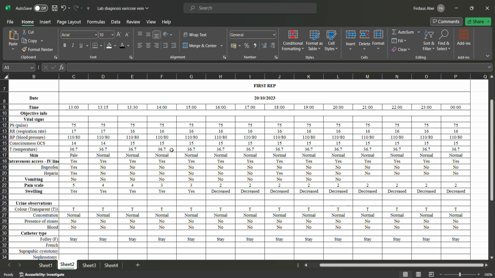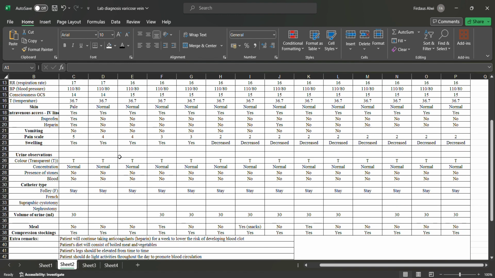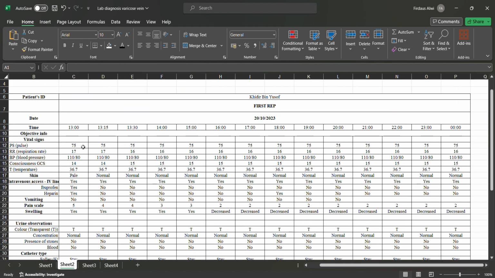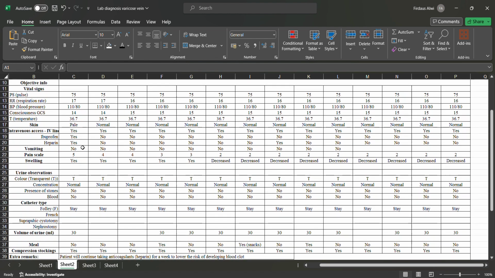So the changes to expect from the patient right after surgery is swelling of the lower third of ankle and foot, and moderate pain, bruises or redness on the site of varicose vein evacuation, and there should be no bleeding or pus. And at 1 p.m., right after surgery, the patient's vital sign has been assessed, and the results were all as expected. During the first hour, patient experienced moderate pain